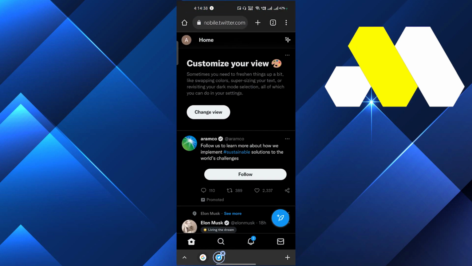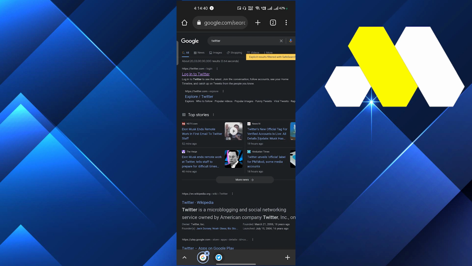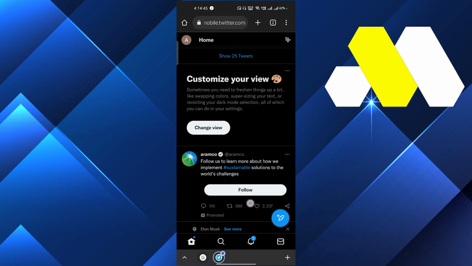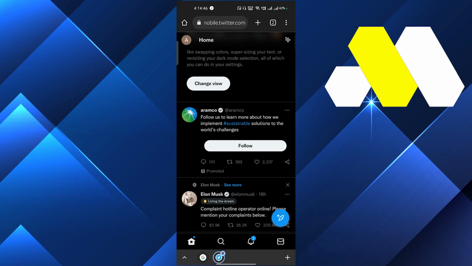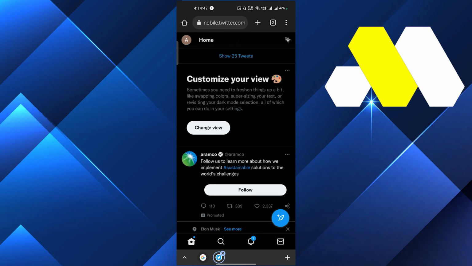So you just have to type Twitter in the search bar, and log in to Twitter. After logging in, you will get to the home page of Twitter, and here you have to do the same thing. You have to just click on the top right corner, the star icon, and after that